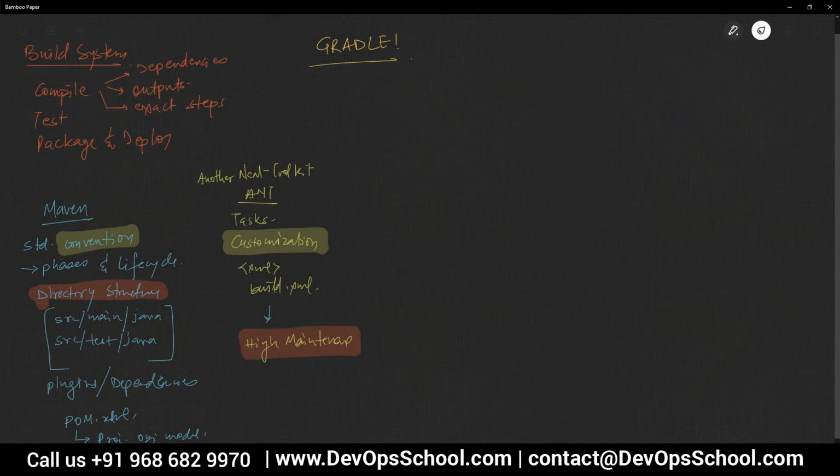So Gradle brings some default implementations, right? Plus, whether or not you want to use them, you can have your own customizations, right? So default implementation will give you default build targets. For example, if you want to compile something, you will get a target called compile. But if you want to define your own compilation steps, you can define your own tasks,